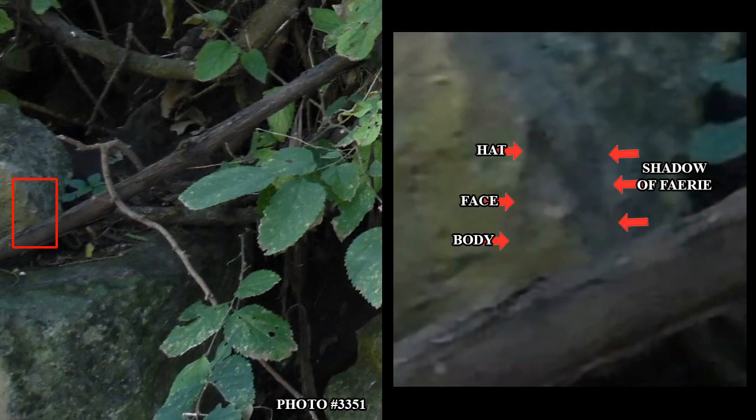We're at the last photo here, meaning the last one that had fairies in it. This one happened to have 5. And if you can hang on to the end, the very best one is the very last one. Anyway, as you can see on the picture here, we have a very, I want to say, faded fairy here. And we can see that she has a hat. We can see her face, both eyes, nose, and we can see her body, but we can't see any details